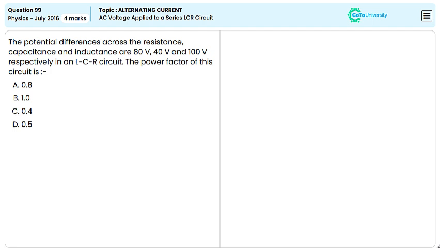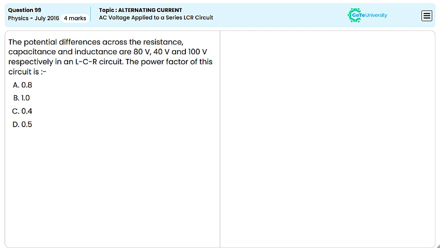The potential differences across the resistance, capacitance, and inductance are 80 volts, 40 volts, and 100 volts respectively in an LCR circuit. What is the power factor of the circuit? To find the power factor in an LCR circuit, we need to determine the phase difference between total voltage and